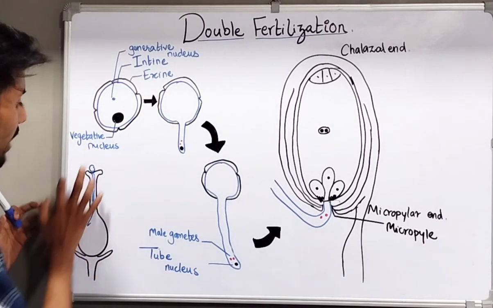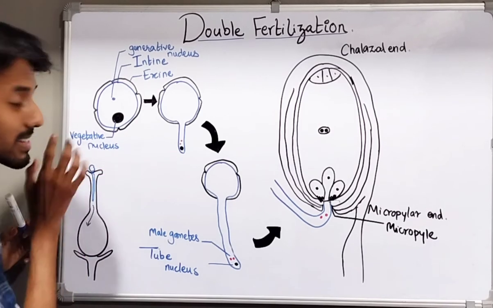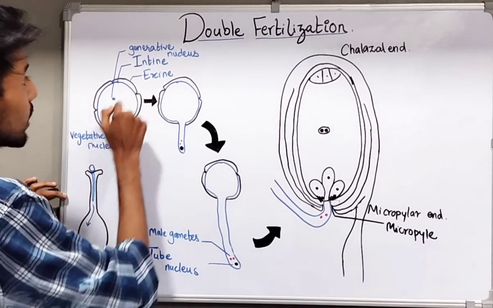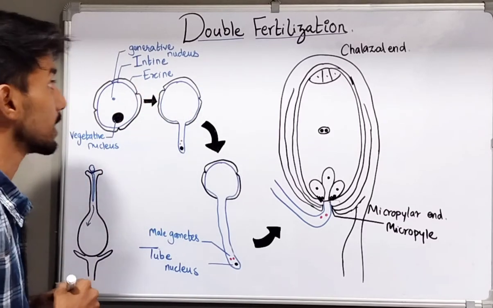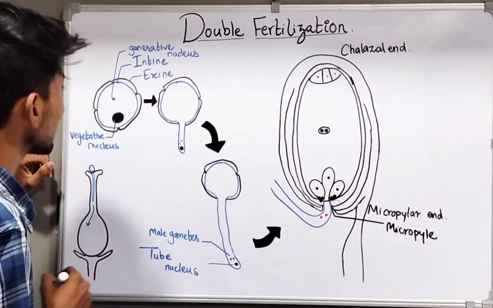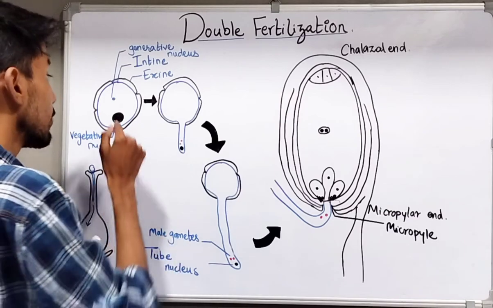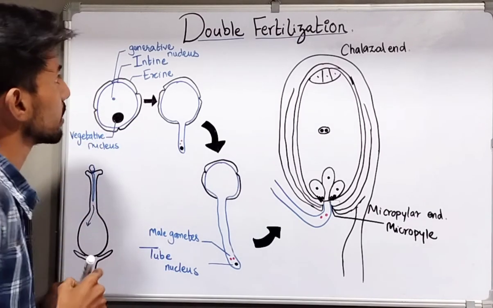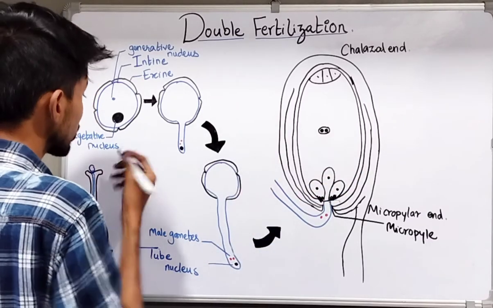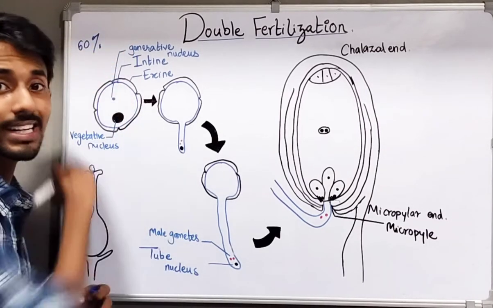Once the pollen grain is received by the stigma, the stigma recognizes the pollen grain. Now we know the pollen grain has an outer hard layer called the exine, which is made up of sporopollenin, which is continued by an inner layer called the intine, and inside the intine we have the plasma membrane, cytoplasm, the vegetative nucleus and the generative nucleus. In the majority of angiosperms, that is 60% of angiosperms, the pollen grains are shed in this stage. This is a binucleated stage.